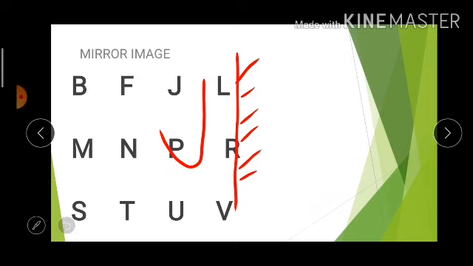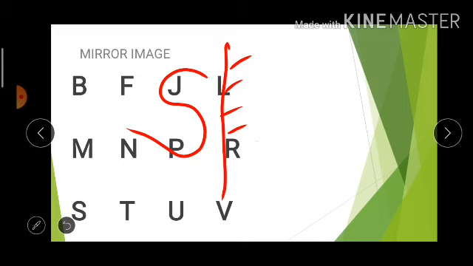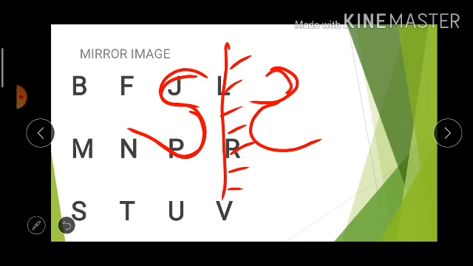Let us take one more example for a letter. Let's see how to make the mirror image of the letter S. Now in letter S you have two semicircles or two curves, as you can see. One is in the form of C. Now for that inverted C you have to make it like this, like this you will make the C, and the inverted C that is there in the real image, you will have to make it as a C. So this is how the mirror image of S will look like.